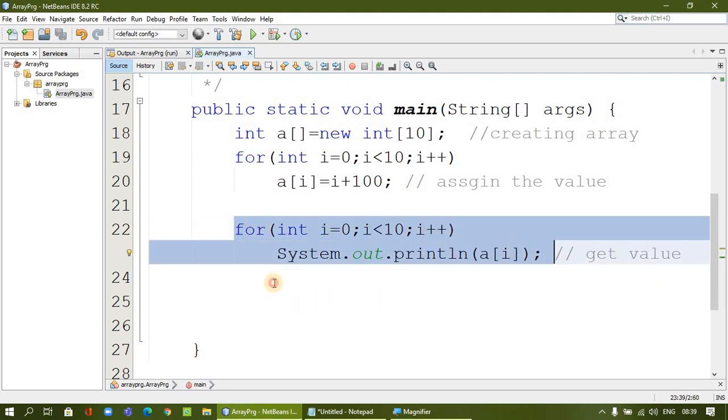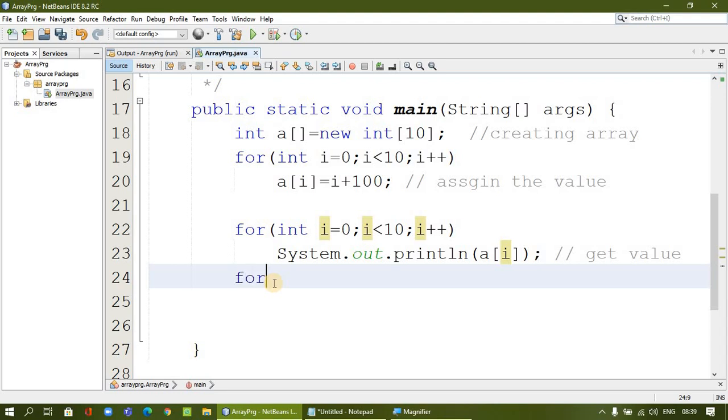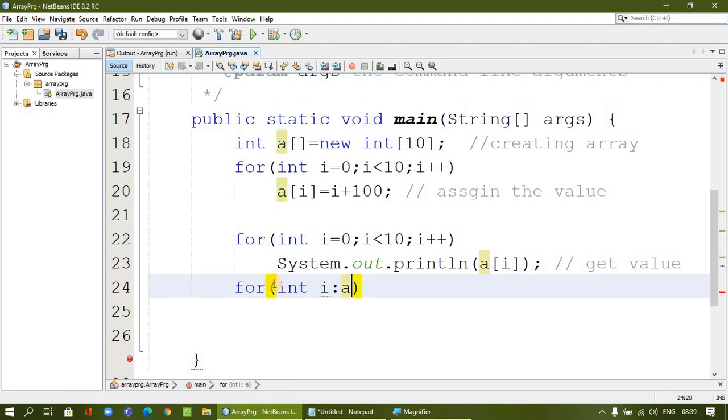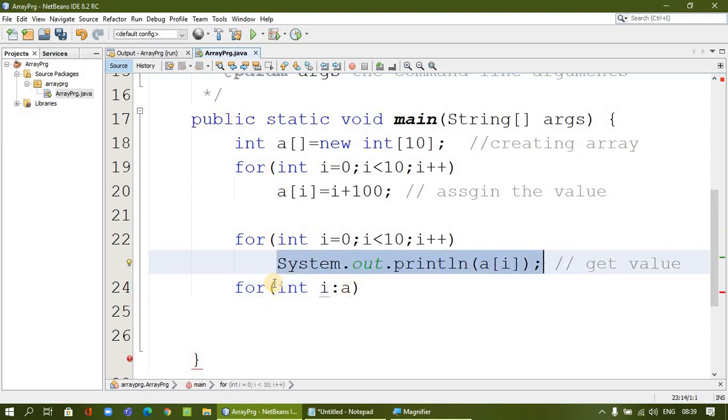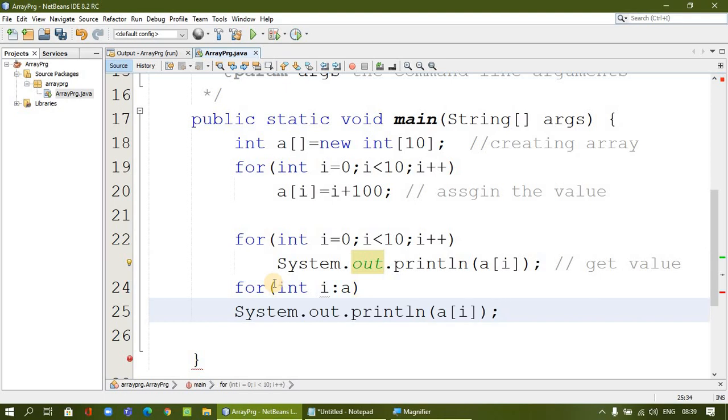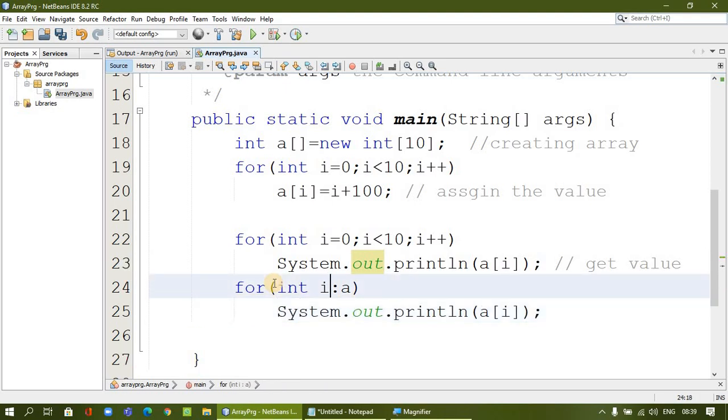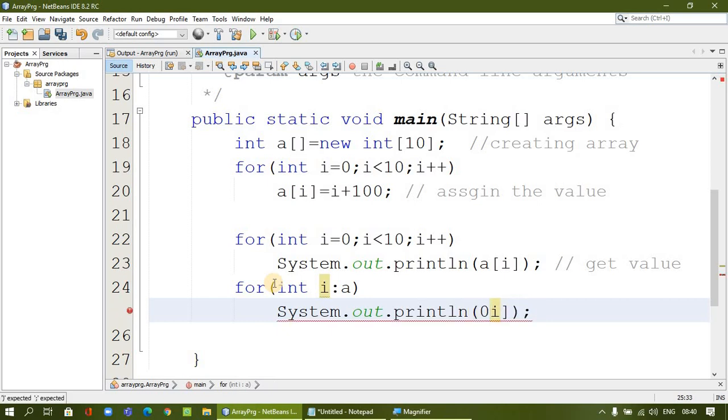Okay. Another way of accessing the value is the for each loop. We can go with the for each. Okay. We are going to say the integer type, and then some variable. I can say, for example, I variable or any variable, and then whatever the array we have. Okay. And then we are going to use the loop to print. Our iteration variable is I here, so we can simply print I. So it will be printed with the value.